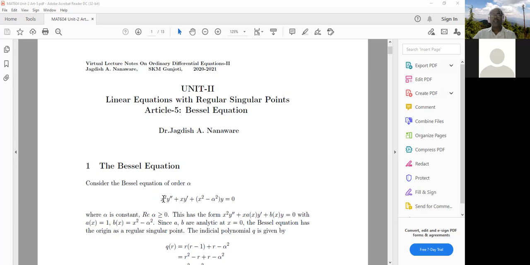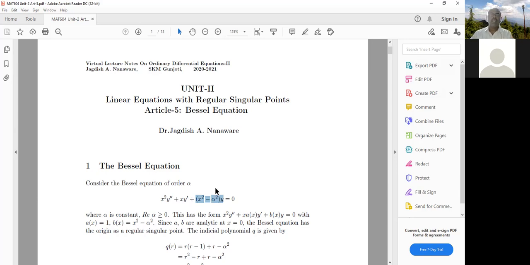And this equation is of the type x square y double dash plus x into a of x y dash plus b of x y is equal to 0, with a of x is equal to 1 and b of x is equal to x square minus alpha square. Moreover, here we see that these coefficients x and x square minus alpha square are analytic coefficients at point 0,